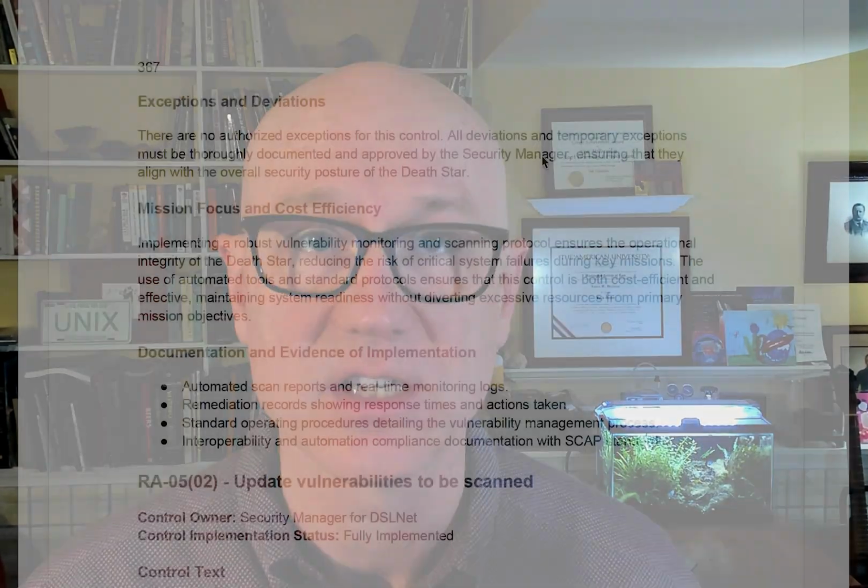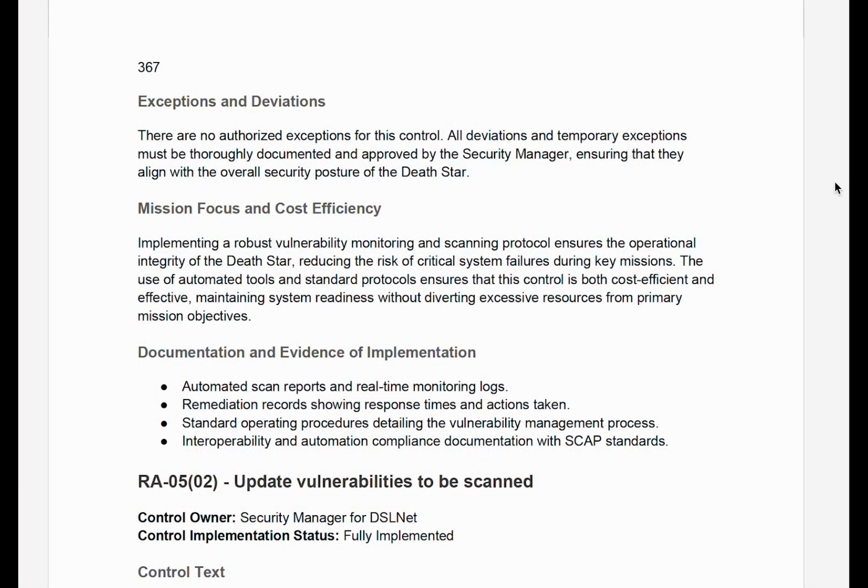So these next sections aren't required, but at the very least, there's something to think about and consider incorporating into your controls if you're writing them. One is exceptions and deviations. Do you have an exception process if this can't be met for some reason? A lot of controls, you can apply to 95% of your system, but there are some exceptions. What's the process for those exceptions? How is that documented? Who approves that? You can put that in a section like that. And again, if you're not doing this per control, at the very least, think through what that should look like and how that process should work.